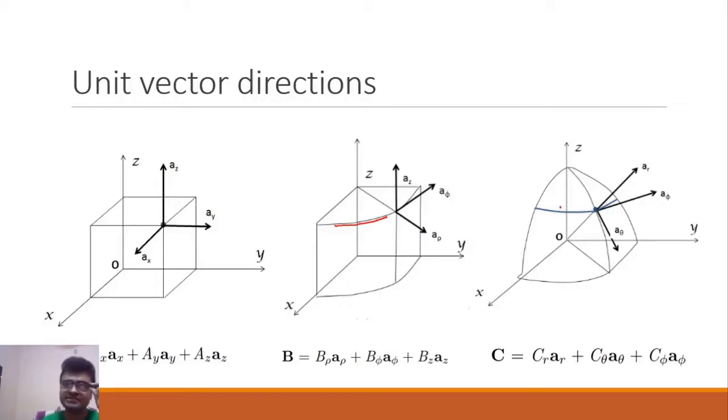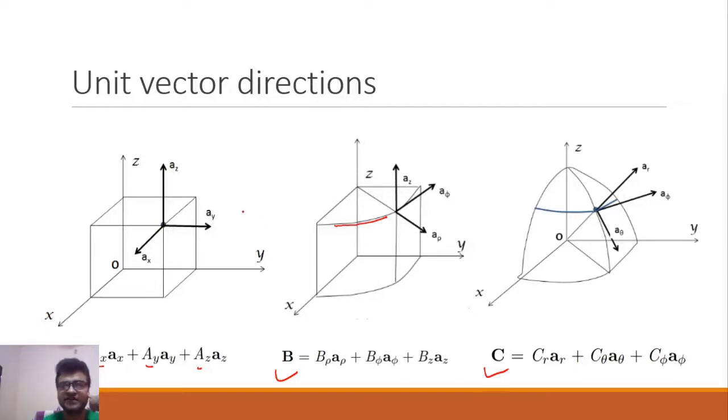So all these three directions specify that, for example, we have a unit vector A, B and C each in one of the coordinate systems, and if we want to specify the length and the direction of the vector, we need these coefficients denoted by italicized capital letters in all three of them, and also we need one unit vector associated with each coefficient. These unit vectors will tell you where a vector is pointing in a specific coordinate system.